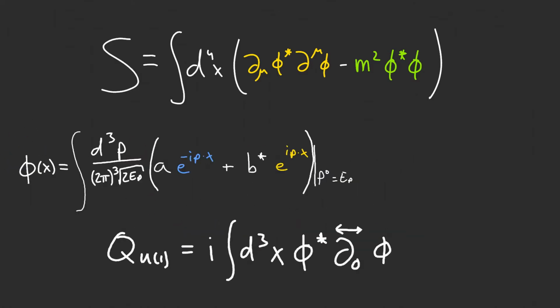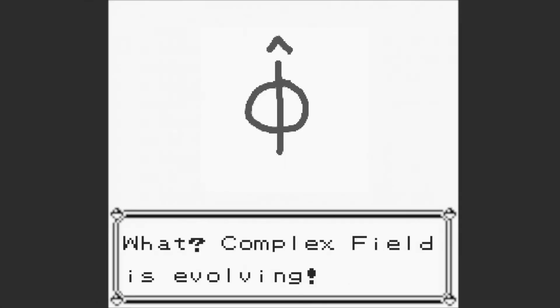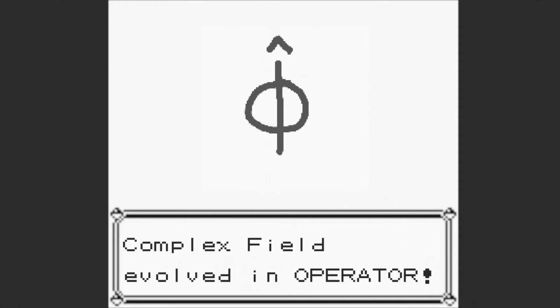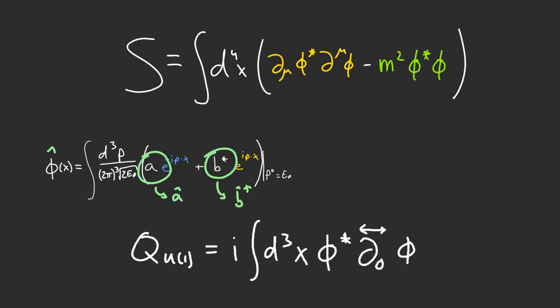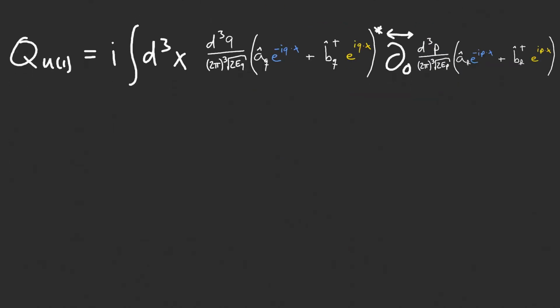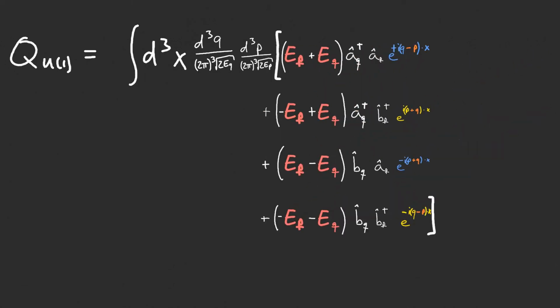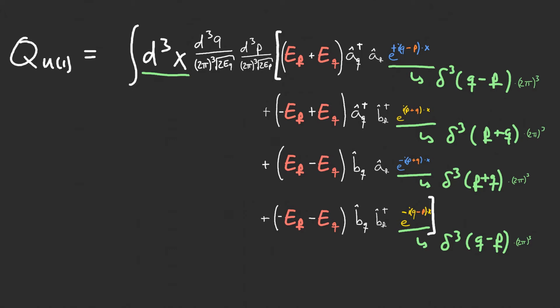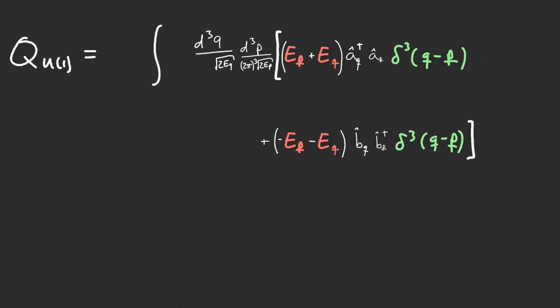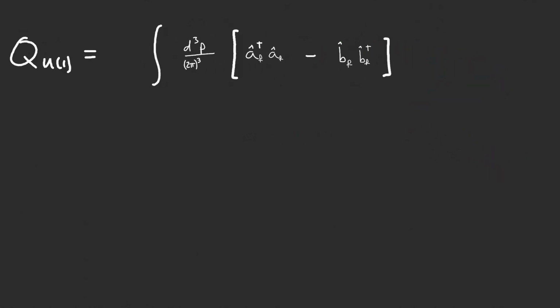So let's go, we take phi of the field, quantize it by promoting it to an operator. So they become operators too. And put it in this equation, apply the time derivative, and after distributing everything, we find everyone's favorite delta function that imposes the norm of p to be the norm of q, so the energy are the same, which annihilates half of the term, the time dependence in the exponential, and the whole integration over q.